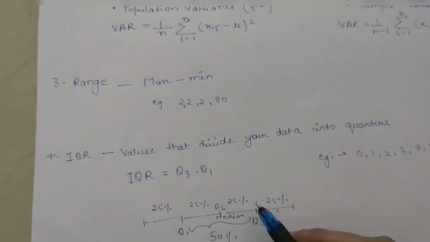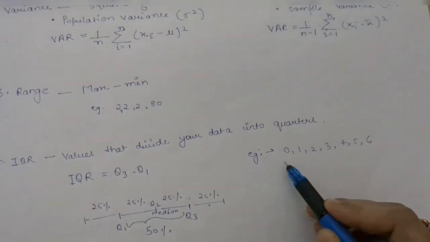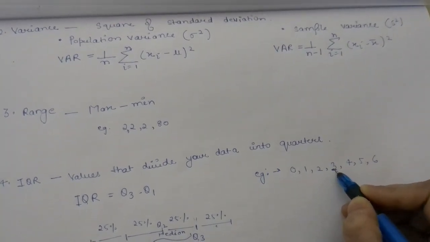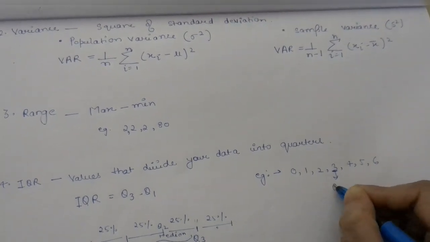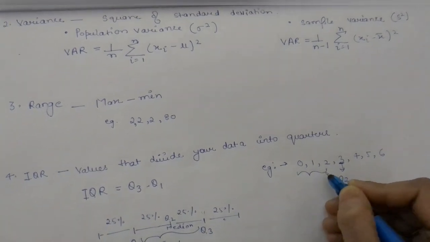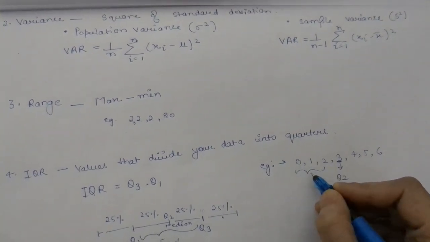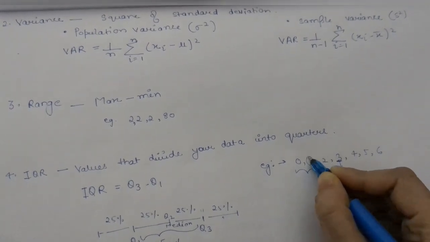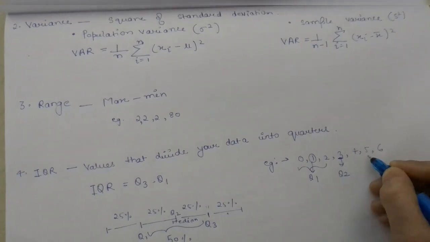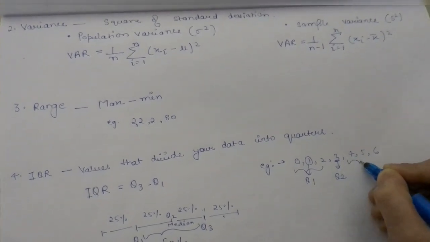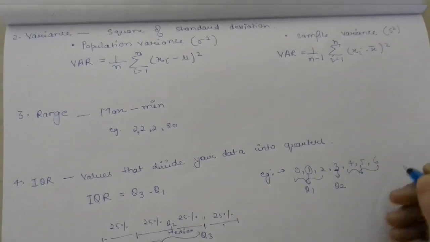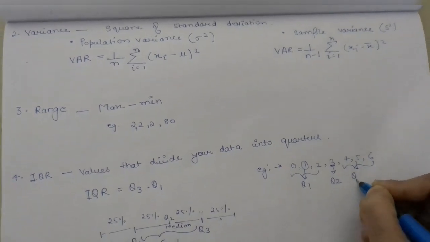We can understand this with the help of one example also. So suppose this is a series. So what will be our median? Yes, this will be our median. So this will be our Q2. अब हम इसका मीडियन निकालेंगे. तो इसका मीडियन क्या हुआ हमारा? इसका सेंटर पॉइंट क्या है? 1 है. तो ये हमारा Q1 कहलाया. अब हम राइट साइड का मीडियन निकालेंगे. तो राइट साइड का मीडियन हमारा क्या हुआ? ये 5 हमारा मीडियन हुआ. तो ये हमारा Q3 कहलाएगा.